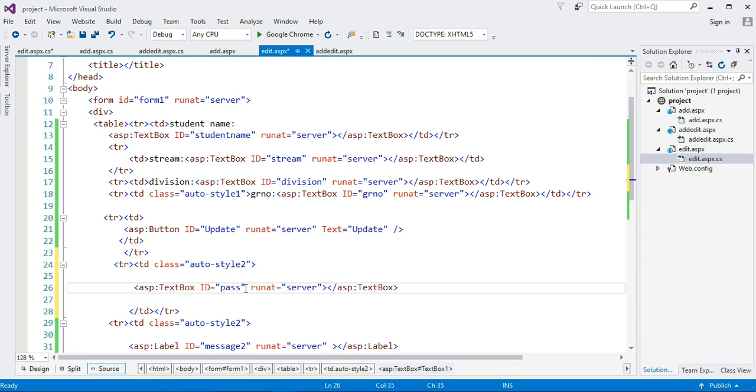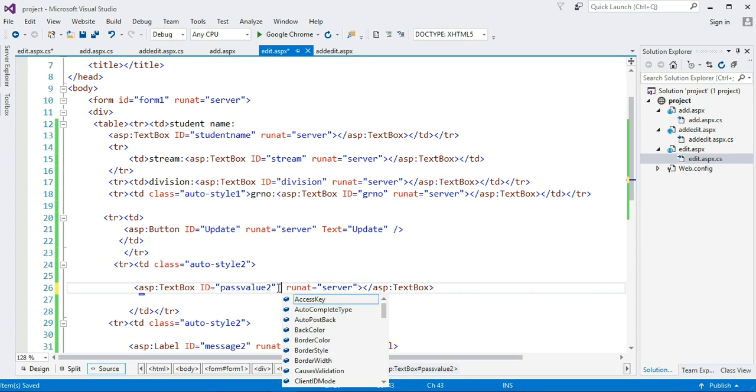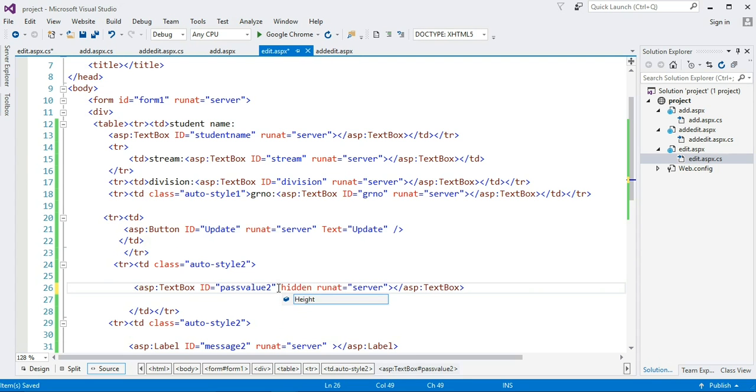Give it ID pass value 2, save it and leave it hidden.